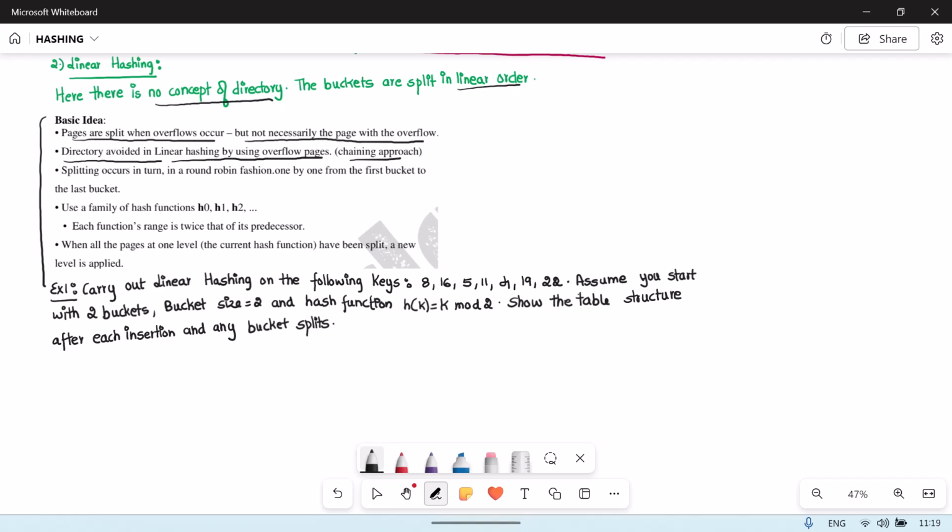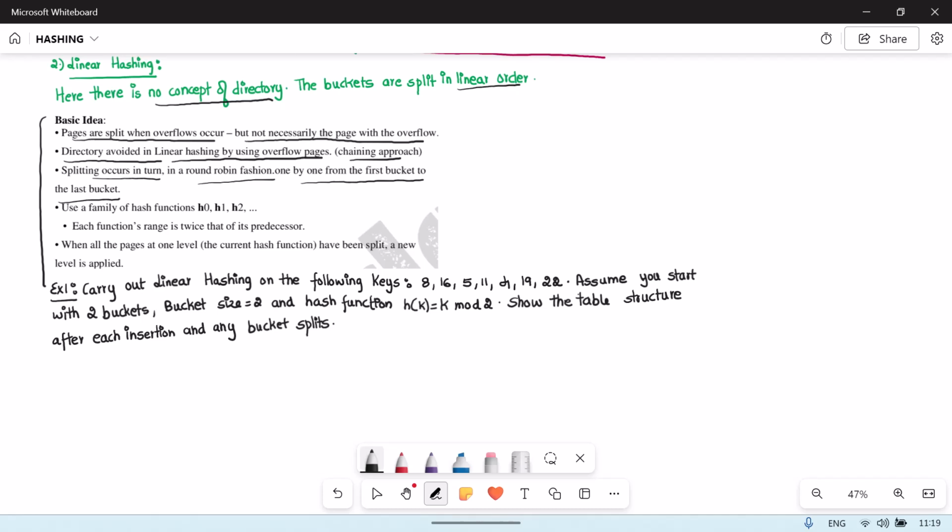See, the thing is, in the case of extendable hashing, if you remember, when the overflow occurred, that overflow bucket was split, right? Here, when the overflow happens, the contents of the bucket with the overflow are not split. Something else is split. Okay, splitting occurs in turn in round robin fashion, one by one from the first bucket